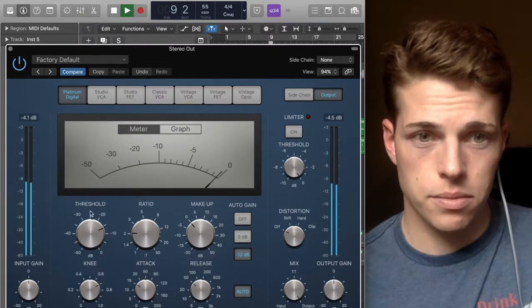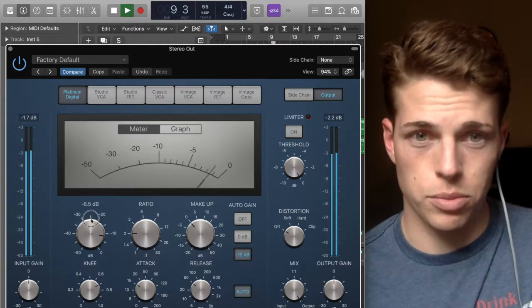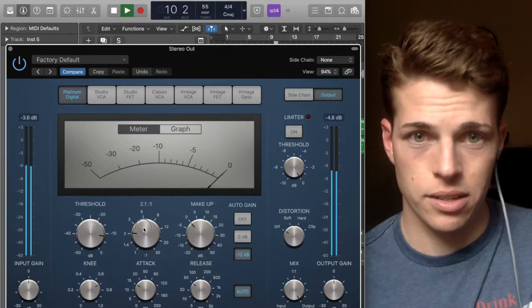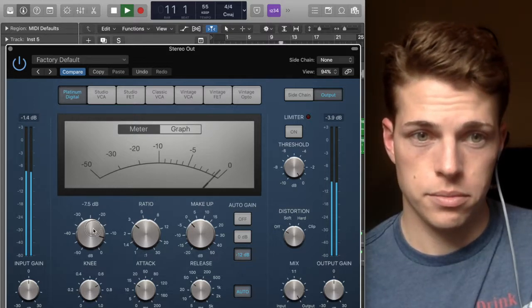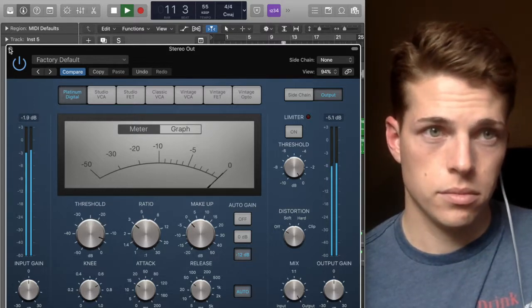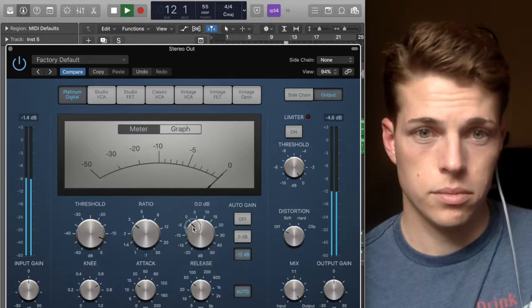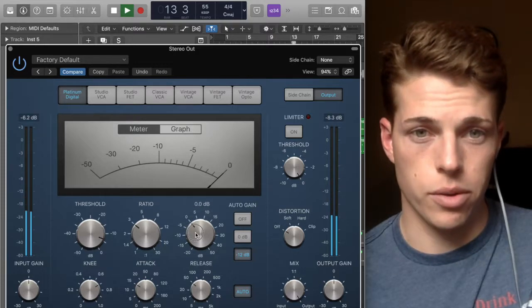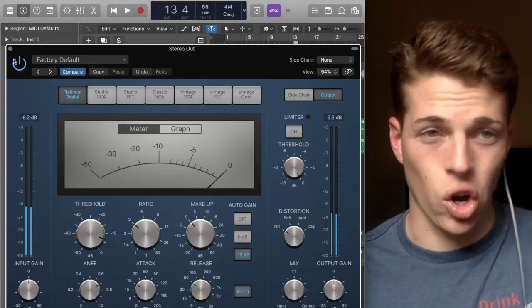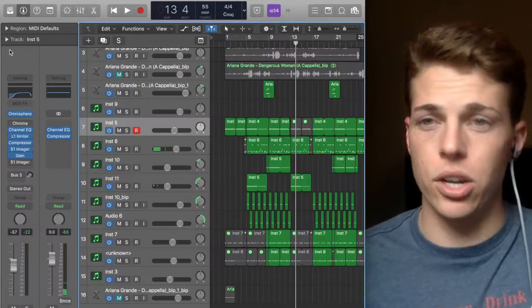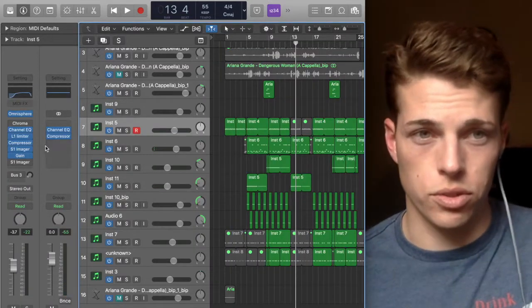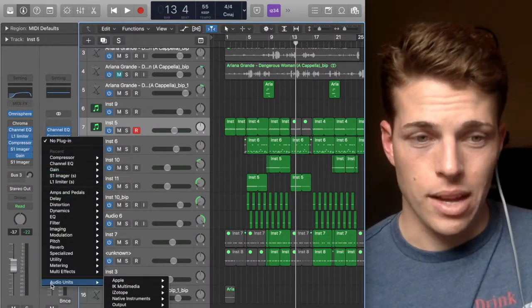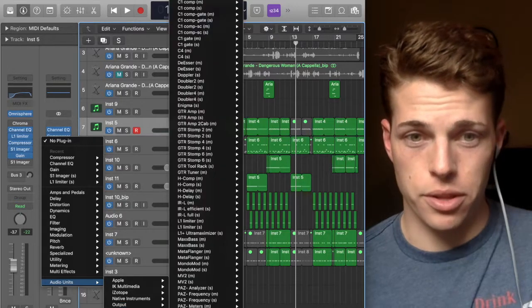So in this case, I'm going to bring down the threshold a little bit to where it's barely hitting it. Again, I like to use it very minimally. In most cases, I can hardly tell the difference, but I know that it's making a difference just because of my knowledge for the compression. After the compressor, another thing that I like to use